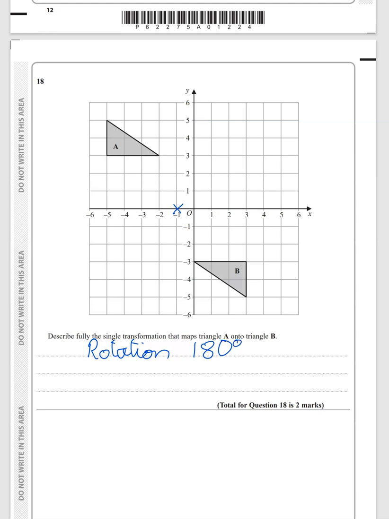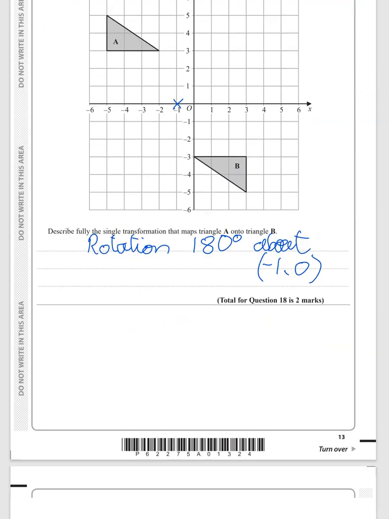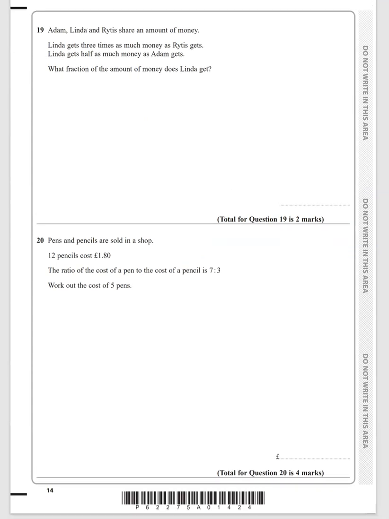And I am pretty sure it's got about this point here. It's not quite 0, 0 because it's kind of shifted over a bit. So it's this point here. So about, what's that? -1, 0. Okay, so it's a rotation. Obviously you could check it with your tracing paper and you'll see that that has spun round 180 degrees. Don't need to put a direction because it could be either. And that's our single transformation described. Right,